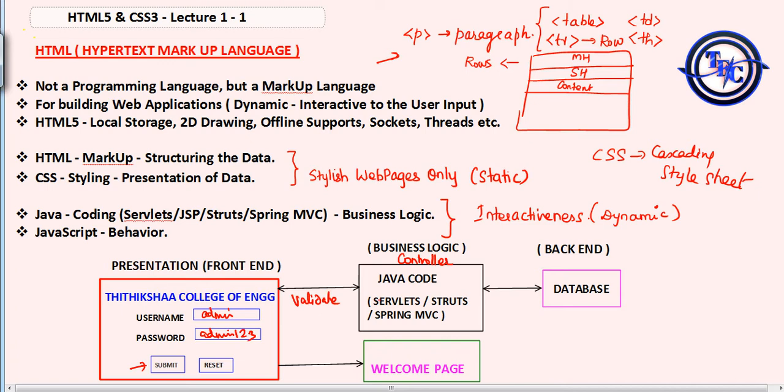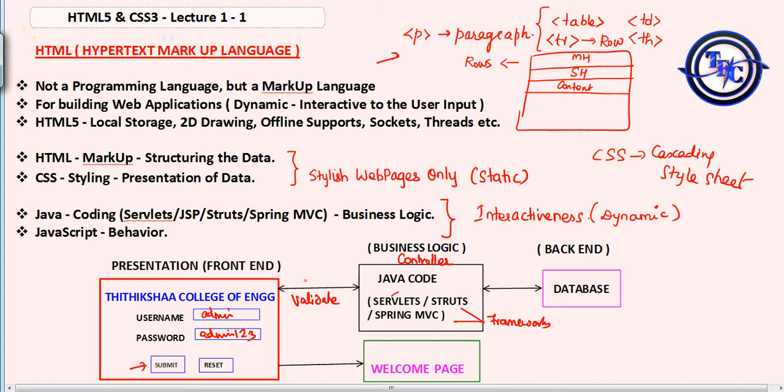This Java code can be servlets. All this we will see in Java, everything is a separate topic. Or these are nothing but frameworks, Struts and Spring MVC. You can use any of these as the Java code.